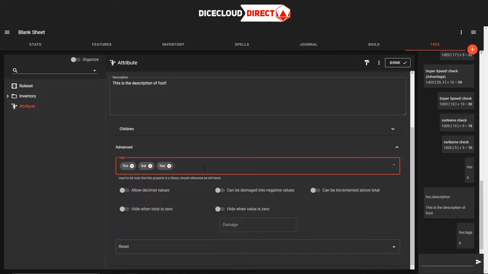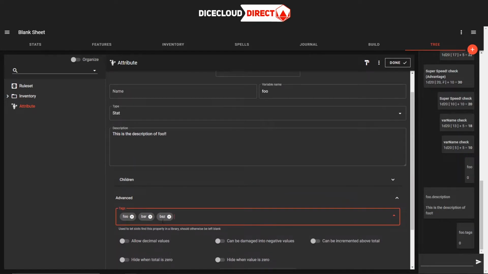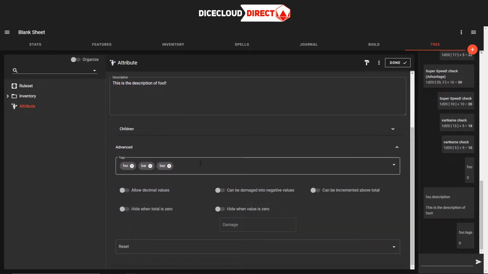And what you can do with tags is you can tag target, by which I mean you can affect large groups of properties all at the same time, so long as they have the same tag. So that's an important concept to understand. Also, because properties can have multiple tags but only one variable name, you can do fun Boolean logic with tags, and we'll get into this when we get into effects towards the end of the video. But continuing on,